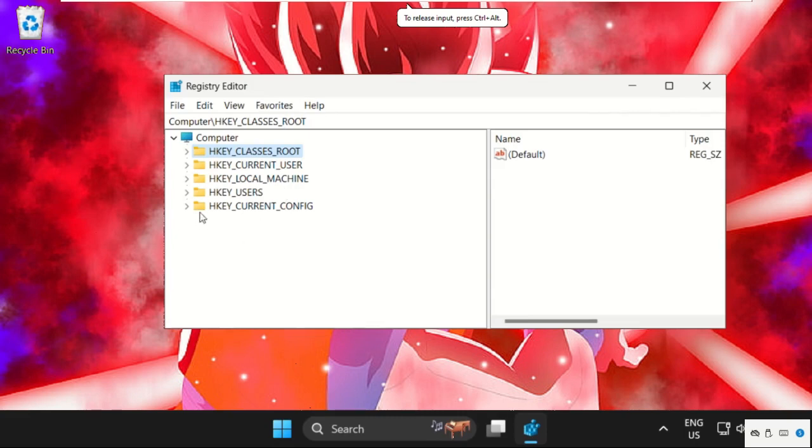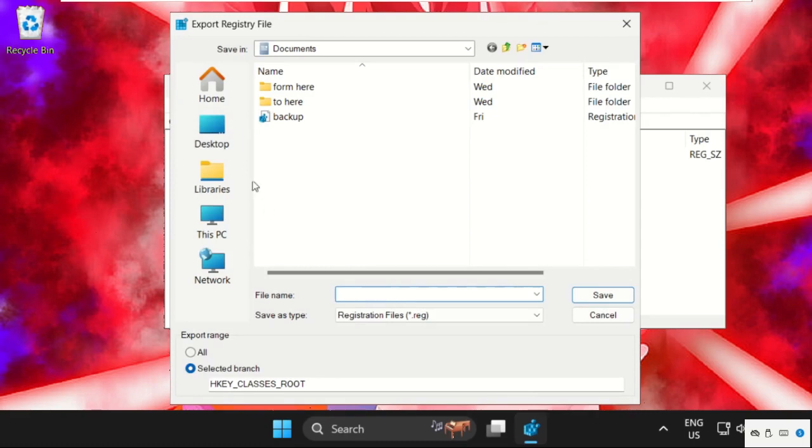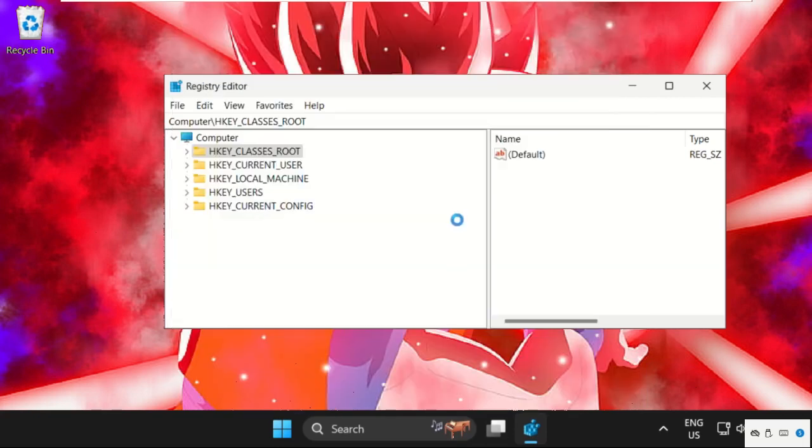Before that, just select File and click on Export and select the Documents folder and type here backup and click on Save. So we have just taken the backup of this registry editor files. After that we need to simply